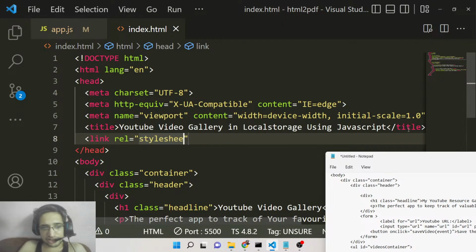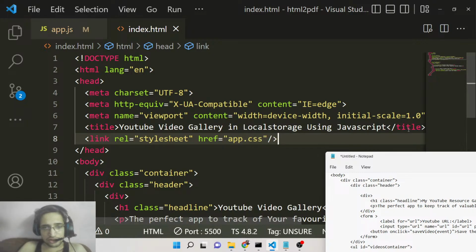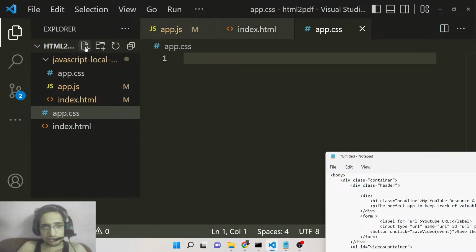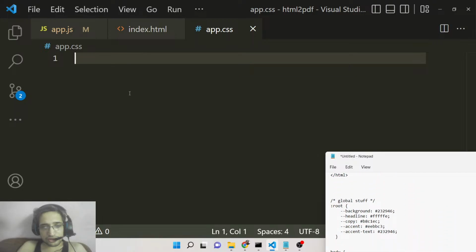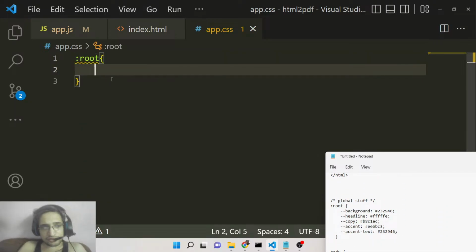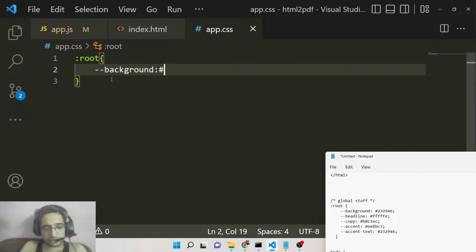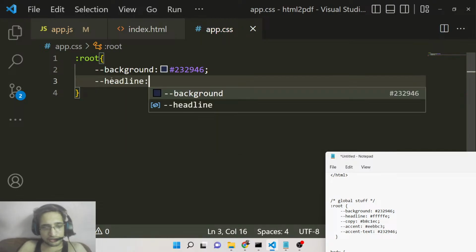Link style sheet, and here we will say that href will be equal to app.css. So right here we will make this file, guys, app.css. So we will write the styling for this application. So inside our global styles, guys, we will declare the root styling. We will give it a background color of our application to be this color, which is 232946. This is a color, and the headline color will be this color, which will be